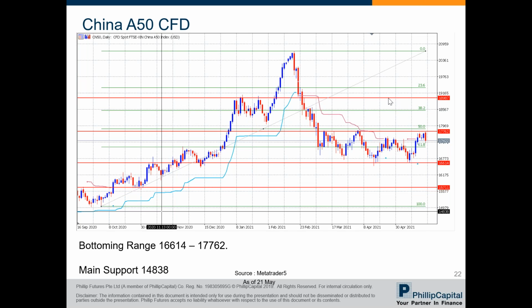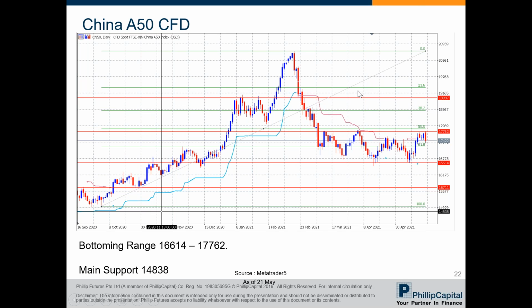If this breaks, quite a tough resistance, as this is a double resistance over here, then it will head towards this higher level over here. But for now, it has broken the range, and depending on whether it's a false breakout, but most likely it looks like it will be heading towards this first target level over here.